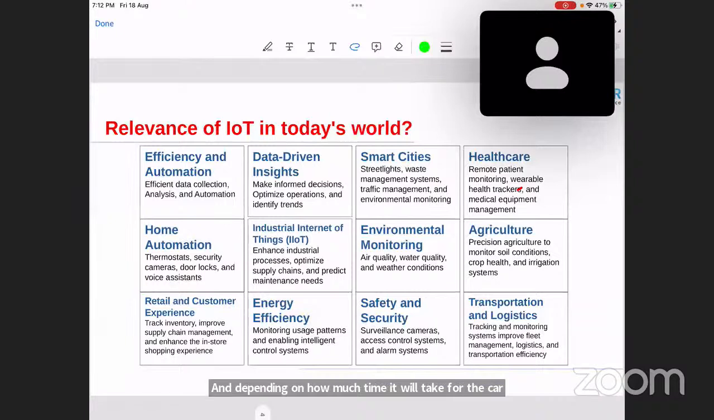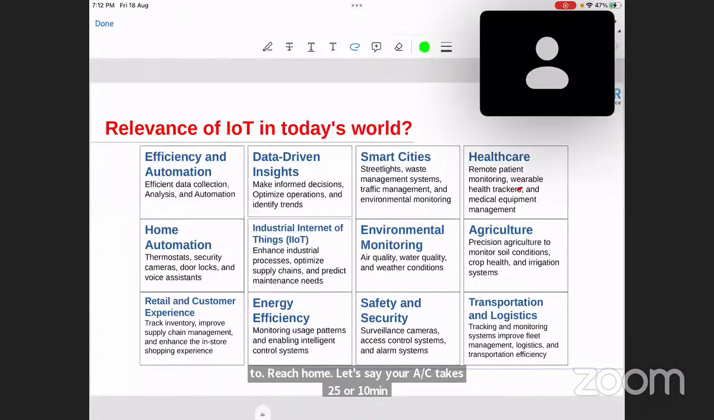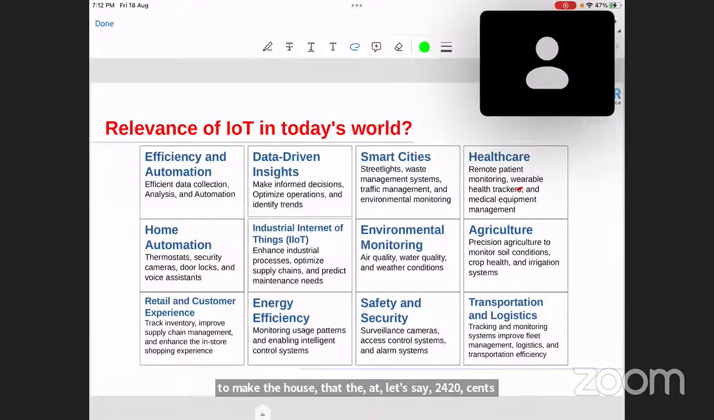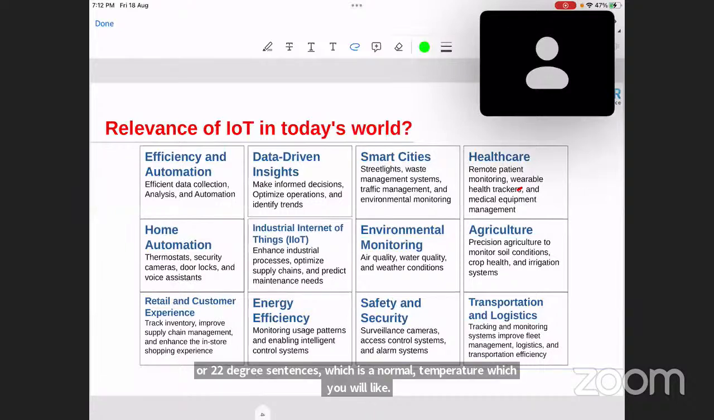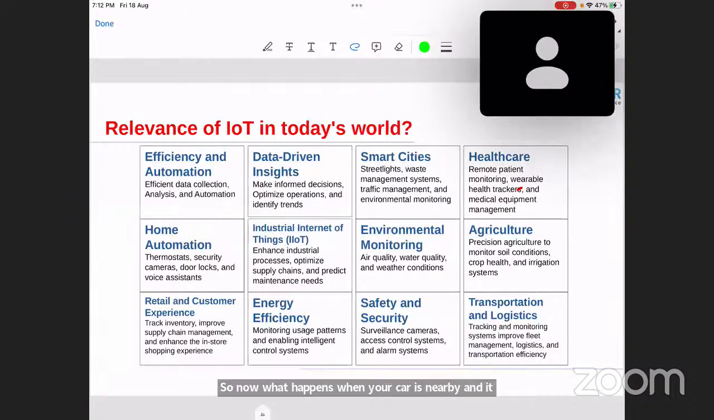Let's say your AC takes 25 or 10 minutes to bring the house temperature to, let's say, 24 degrees Celsius or 22 degrees Celsius, which is a normal temperature which you will like. So now when your car is nearby and it takes 5 minutes, the AC knows it takes 5 minutes. So whenever your car is within a 5 minute vicinity, it will switch on the AC accordingly. So you don't have to